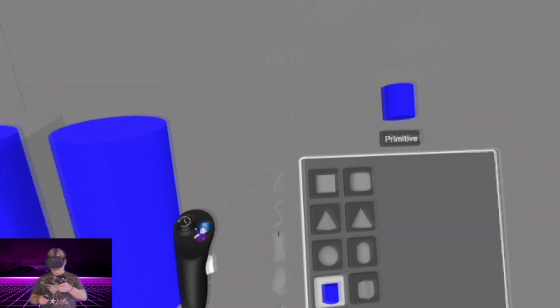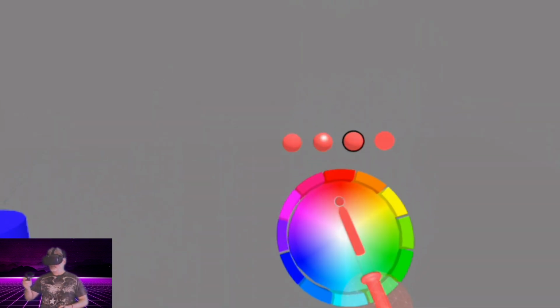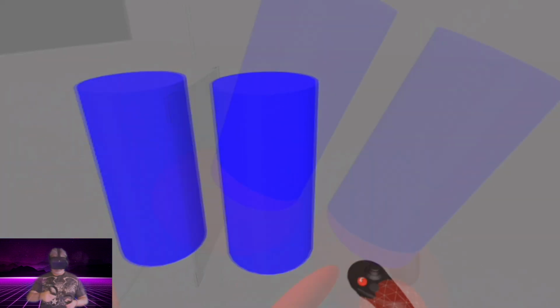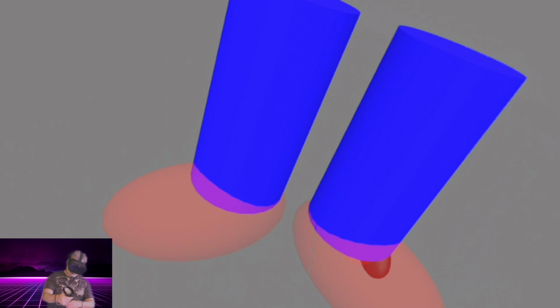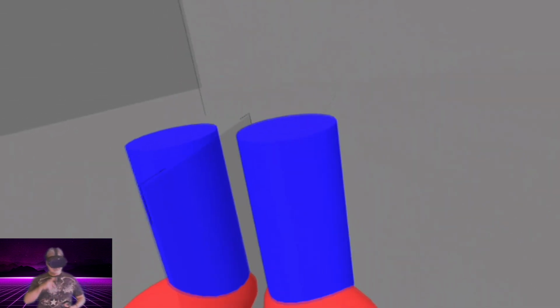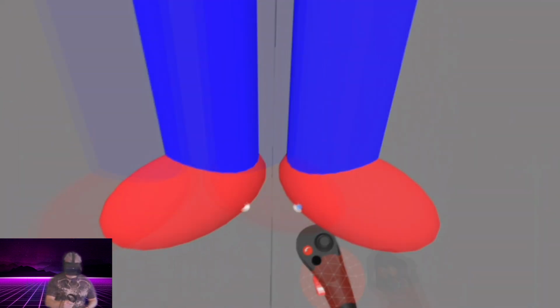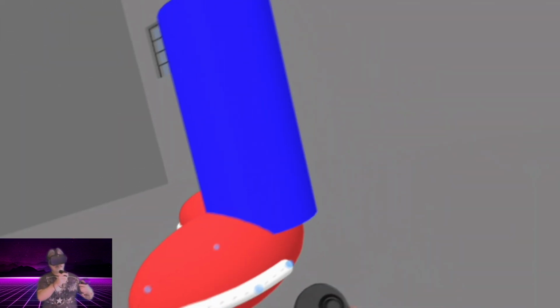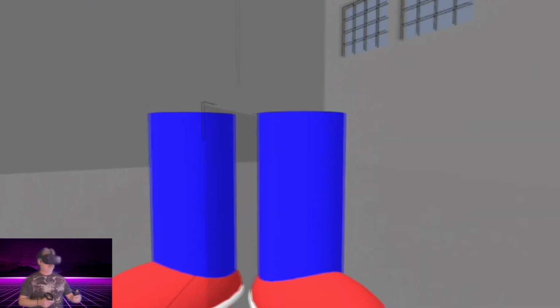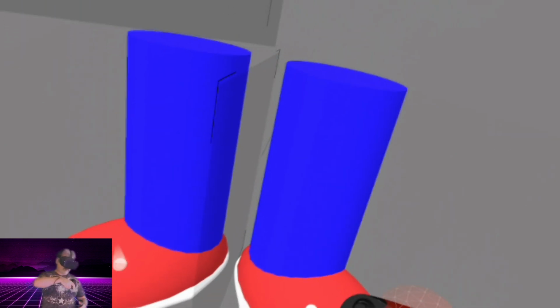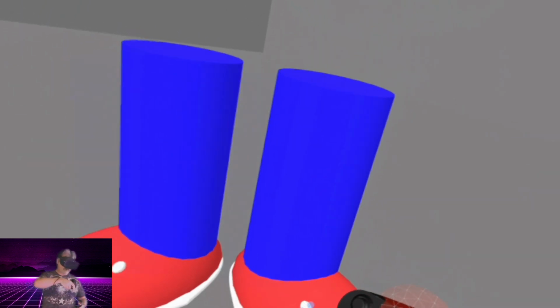And now we're going to pick the sphere, and we're going to change the color. These are going to be his shoes. So we're going to go ahead and size up the shoes however we want. And there we go. Starting to look like a little character. Now we're going to outline it in this white trim and kind of highlight the shoe a little bit. Now we're going to go ahead and draw a couple of shoelaces just to give it a nice little effect.